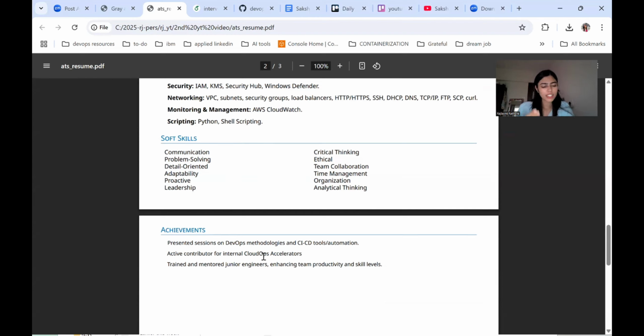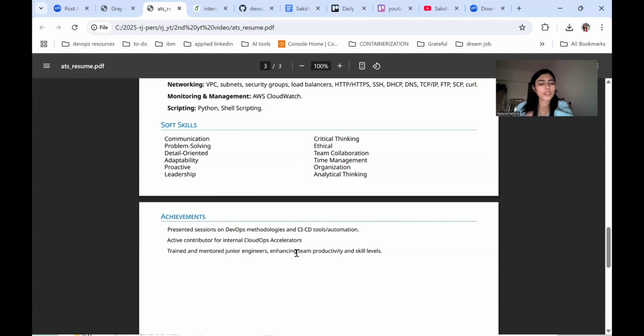There we used to contribute, make accelerators, develop some automations, and we also used to deliver sessions at the org level to other people if they are interested in DevOps and cloud. So you can mention those things, like I have mentioned here, presented session on DevOps methodologies and CI/CD tools automation. And the one other thing that I haven't mentioned, but you should mention, is certifications.